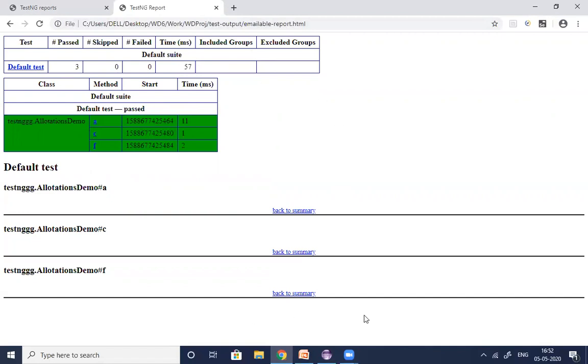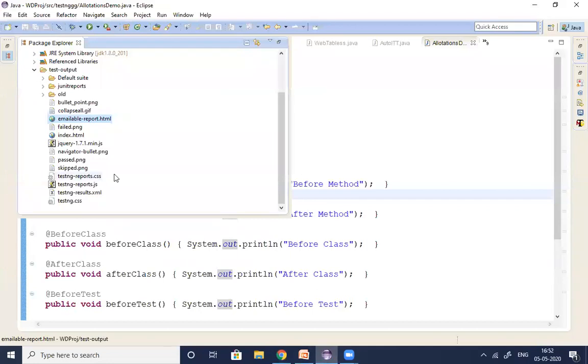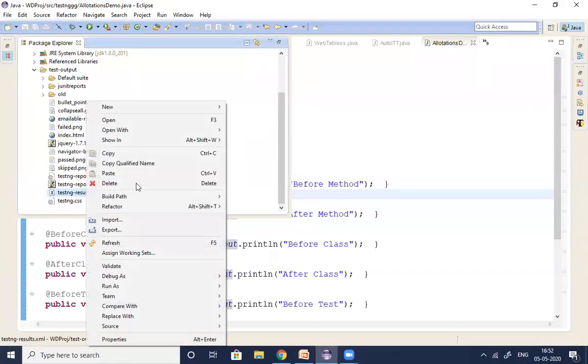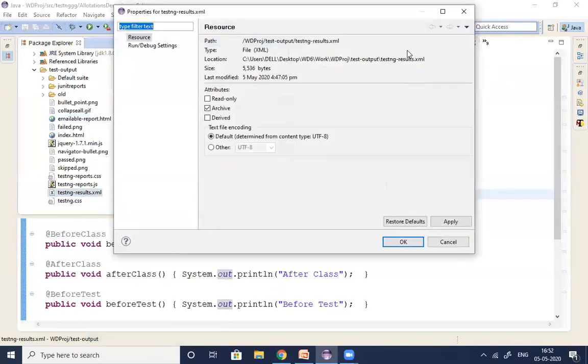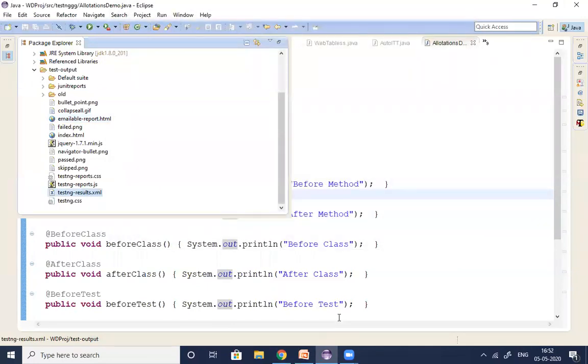And coming to the next one, XML format of the results. I'll show you how to see the XML format, but don't try to understand this, guys. Once you understand XML files and how to work with XML files in TestNG, you can understand how to analyze these XML results, guys. Just properties, copy this, and you can see the results in XML format as well.